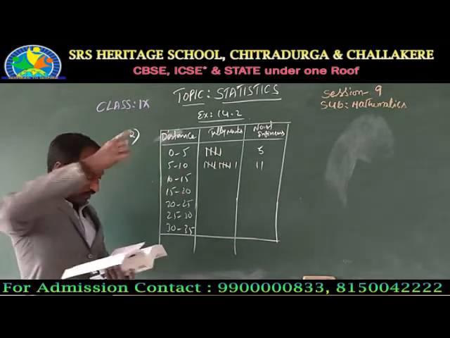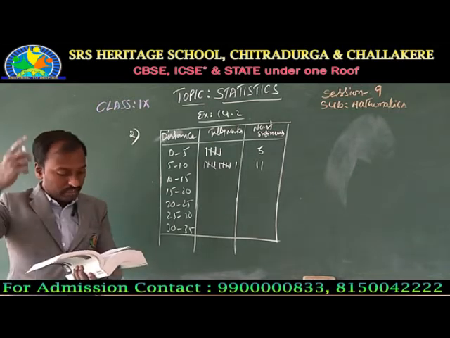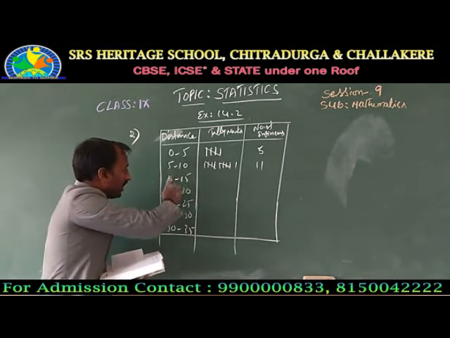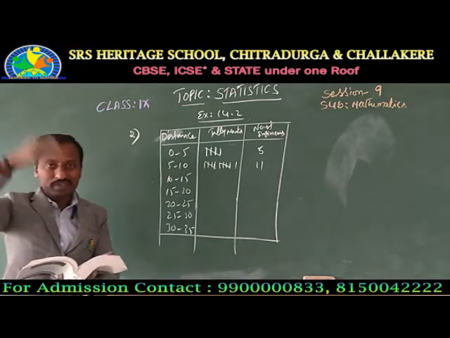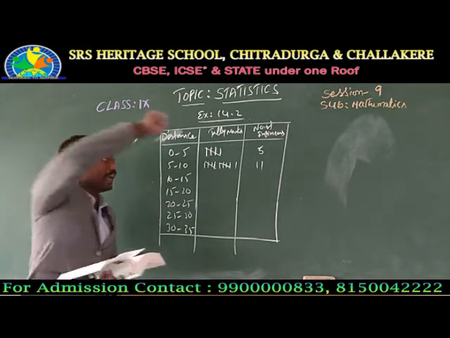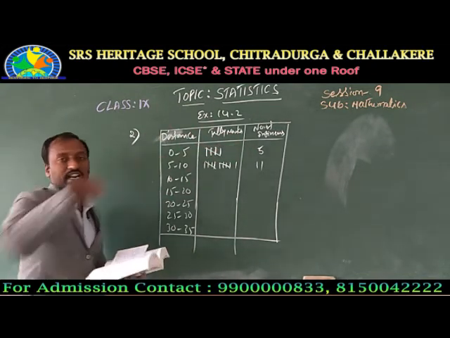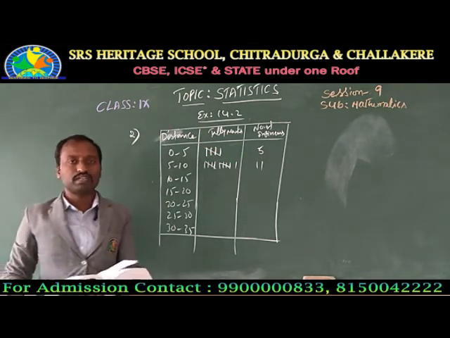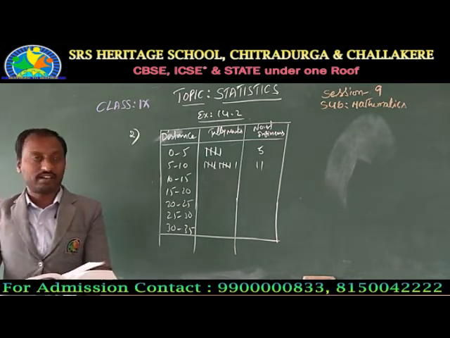Here 1 tally mark. Next number is 3, 1 tally mark there, 0 to 5. Next number is 10. Where should 10 be considered? In the lower limit. Here 1 mark should be. Strike out the numbers and write the tally mark. At the end you can write the frequency there. Just count the tally marks and write it. But here it is impossible. It takes time. Then let me just look at this one and write it there.